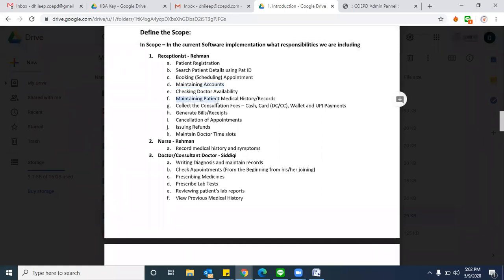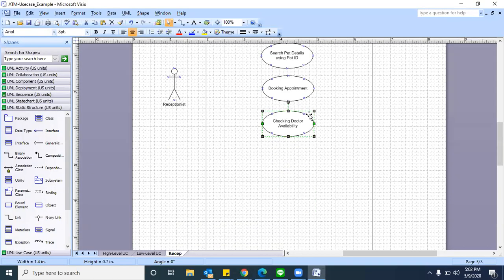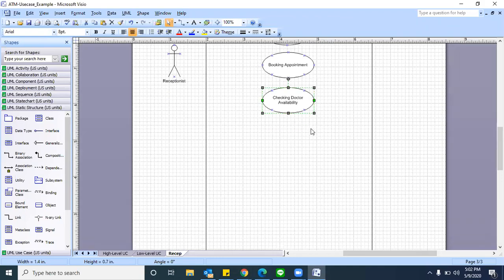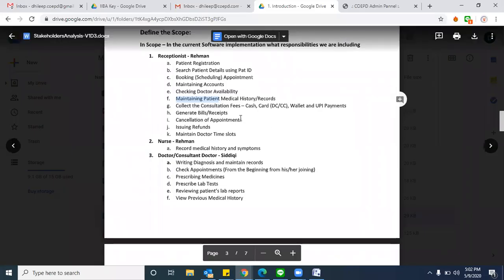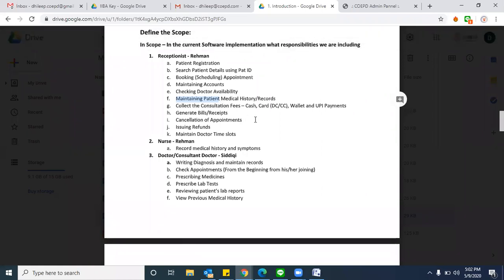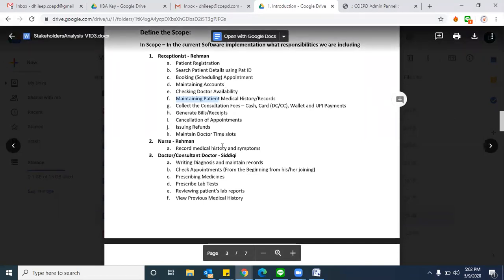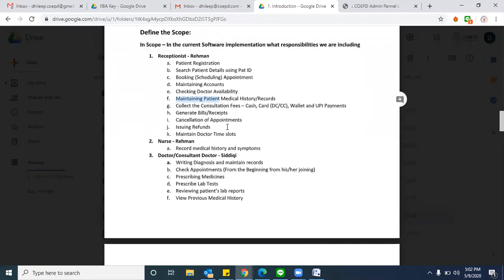Here on the desktop, it is in this sequence, patient medical history, and no need to follow any sequence when you are writing the use cases. No need to worry about it. In real time, every team will be given one specific feature, like checking doctor availability, and they have to work on that. These are individual features that you are going to provide, no? Straight away they can access patient registration or checking availability or anything, right or wrong? So before deploying, we can collaborate everything together. Exactly.